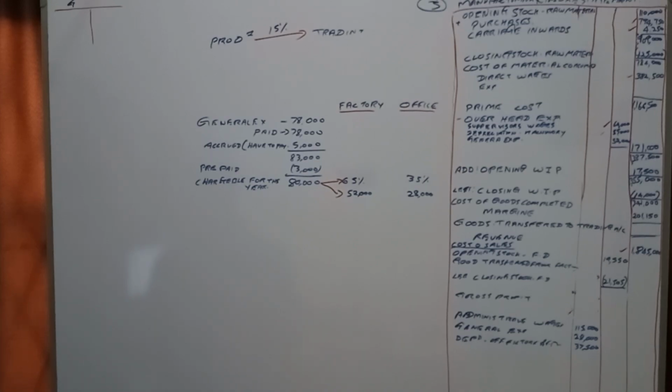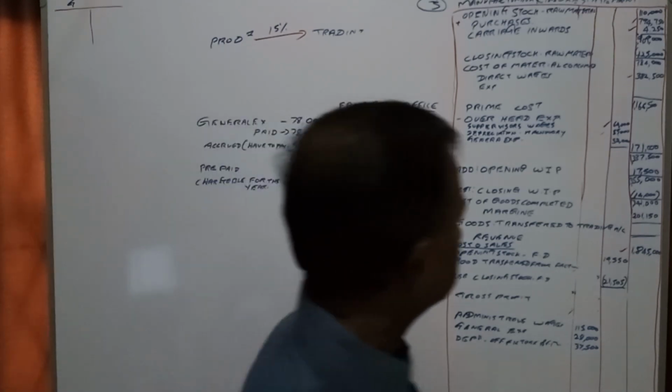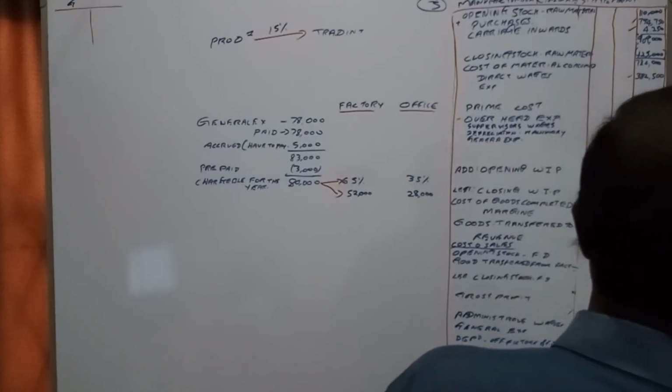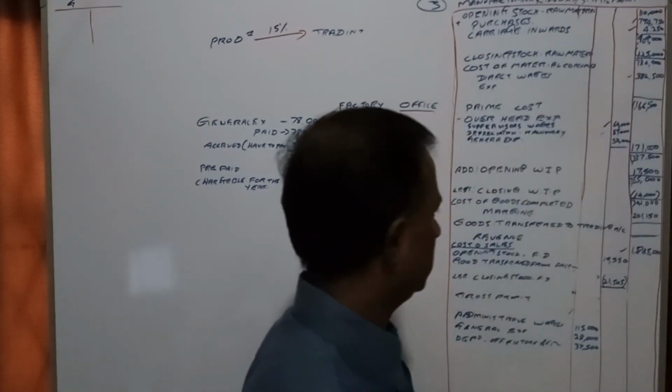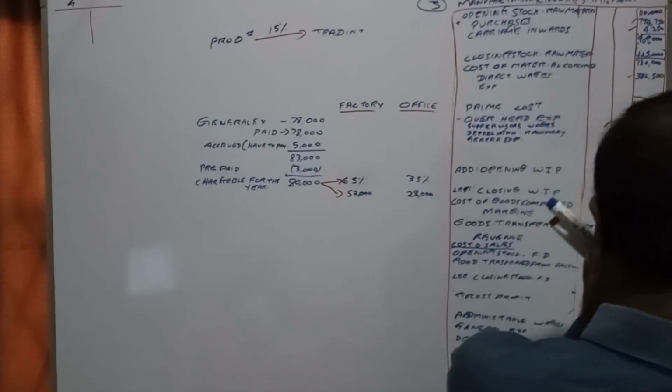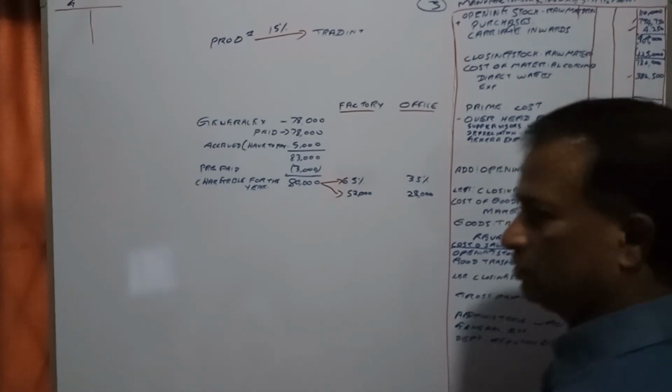This is the detail of working orders. Finished goods at transfer price. 201,150. Then total cost is